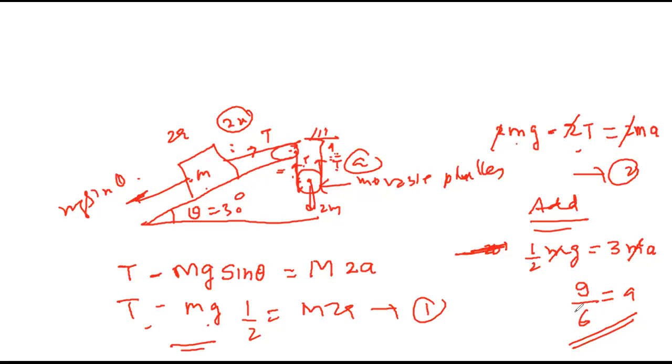g by 6 equal to a आया ना, this is t minus mg half equals to ma, minus t plus t got cancelled, minus half plus half is plus half, 2 plus 3 ma, a is g by 3, so acceleration in that block will be how much, a is g, acceleration in the block is 2a, that means it is 2 times g by 6, g by 3 is the answer, check करो g by 3 है क्या आंसर, g by 3 is the answer,